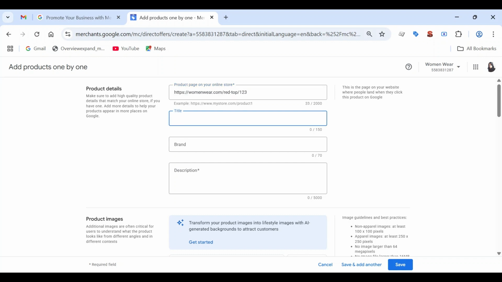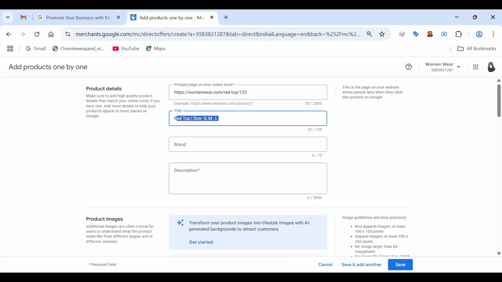Then what is the title you want for this page? So let's say red top. You can say sizes small, medium, large, anything.